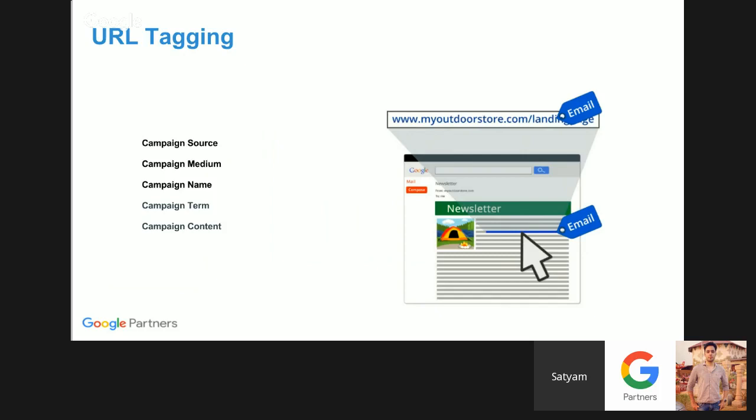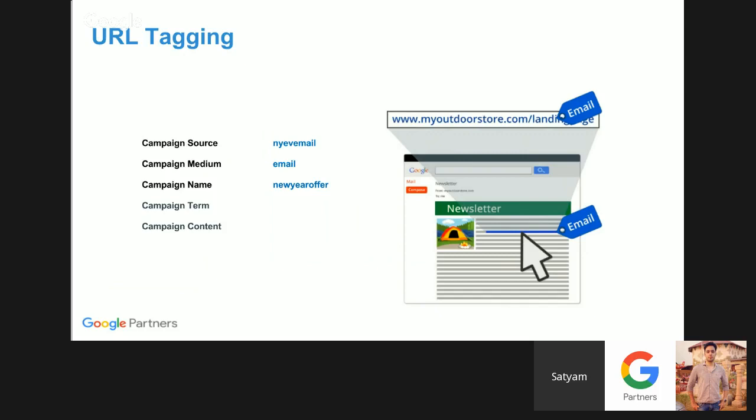Now, campaign name, medium, and source, we've already seen what they mean. Campaign term and content are optional. We will talk about them when we have clarity on the top 3. So when you are sending an email with a link to your website, you may want to tag it by giving it some parameters. You will put a campaign name along with this link as New Year offer, because that was the campaign name. Campaign medium in this case is email, or campaign channel, you may call it email,